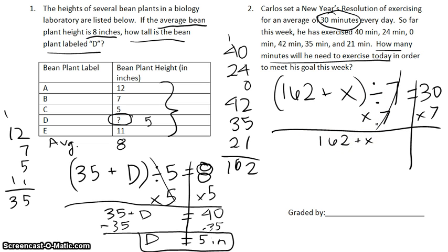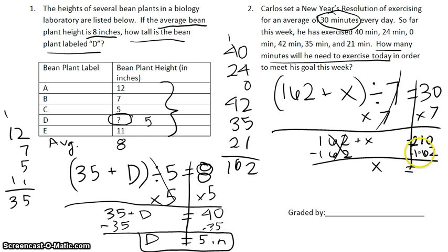And over here I have 30 times 7, which is 210. Now I just need to get rid of this plus 162 so I can get x by itself. So I'm going to subtract 162, doing the opposite of that plus 162. So over here that's going to get rid of it for me, and I'm left with just x equals 210